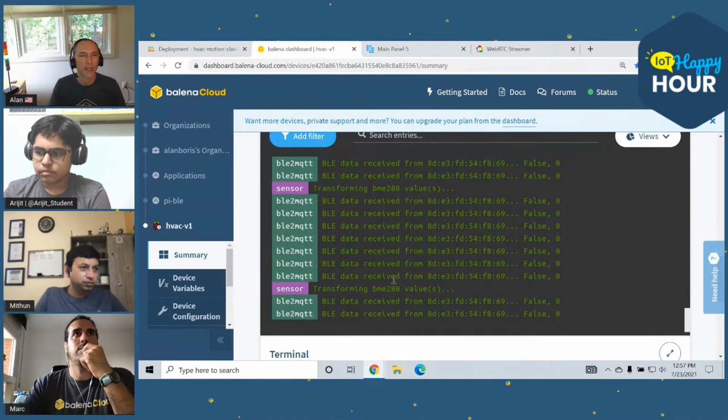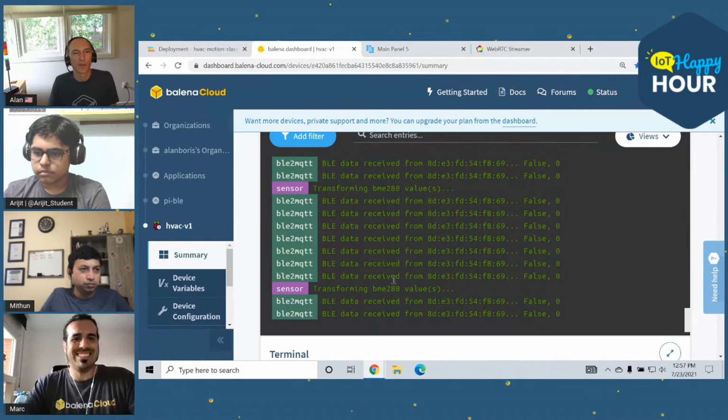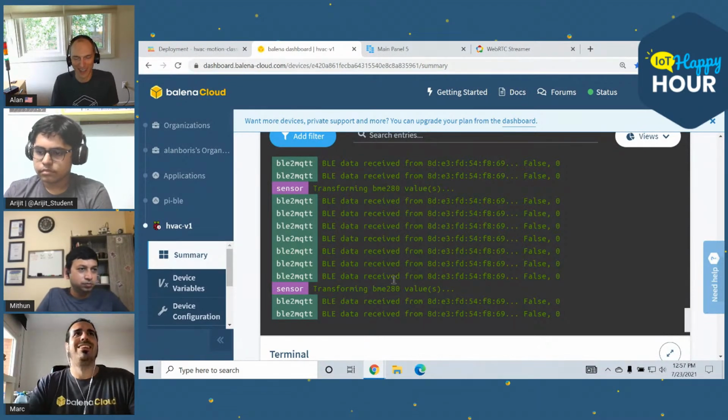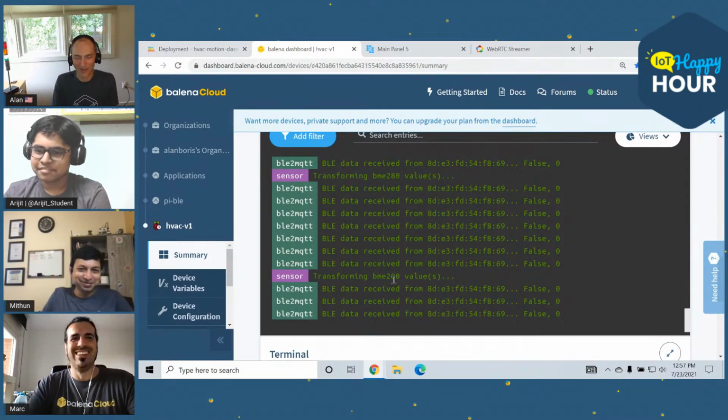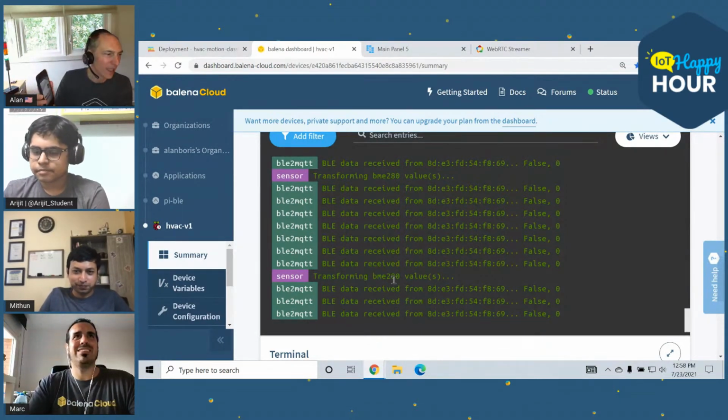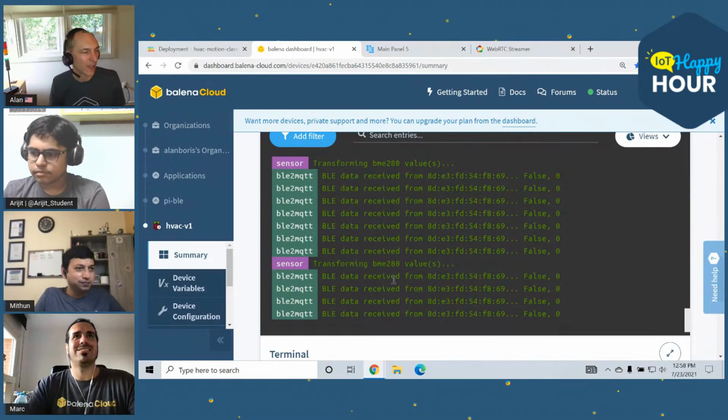You notice I also threw a sensor on there because, of course, I want to know the temperature as well. Why not? I would throw a sensor on every project. That's my recommendation, like a BME 680 attached. Anyway, I'm going to turn this on, and we'll see the detections start.